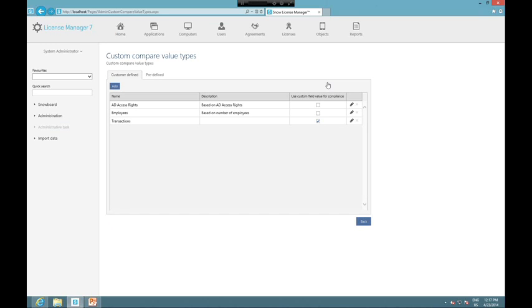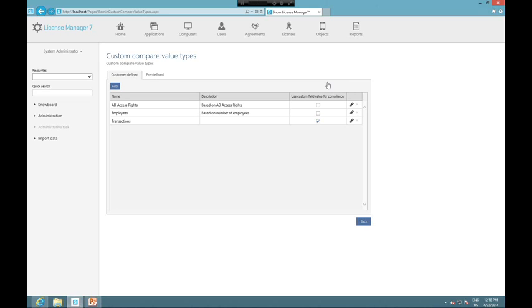For instance, in oil and gas, we've got one customer who has a software application that tracks how much oil is in a pipe, which has a very bespoke license metric. So what we've effectively included within the Snow License Manager 7 platform is the ability to automate a